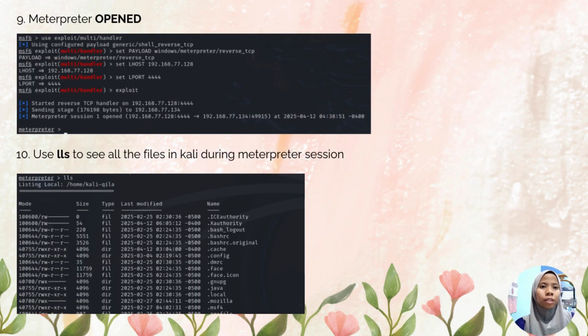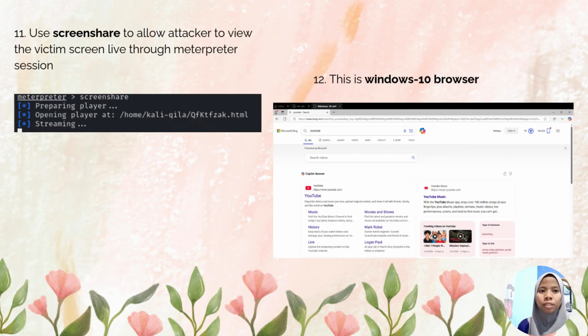For the next step, as we can see, Meterpreter session 1 is open. Okay. The next step is we can use the command lls to see all the files in Kali during the Meterpreter session. The next step is use the command screenshare to allow the attacker to view the victim screen live through the Meterpreter session.